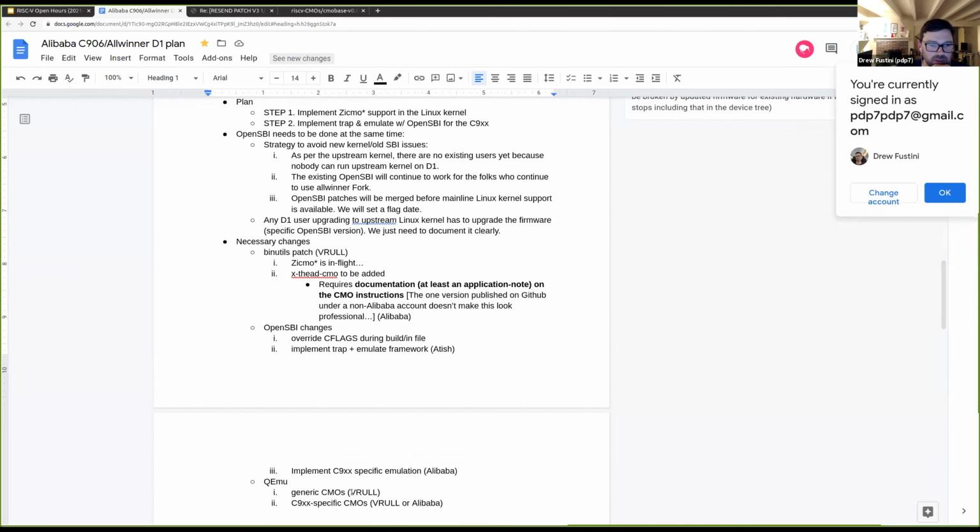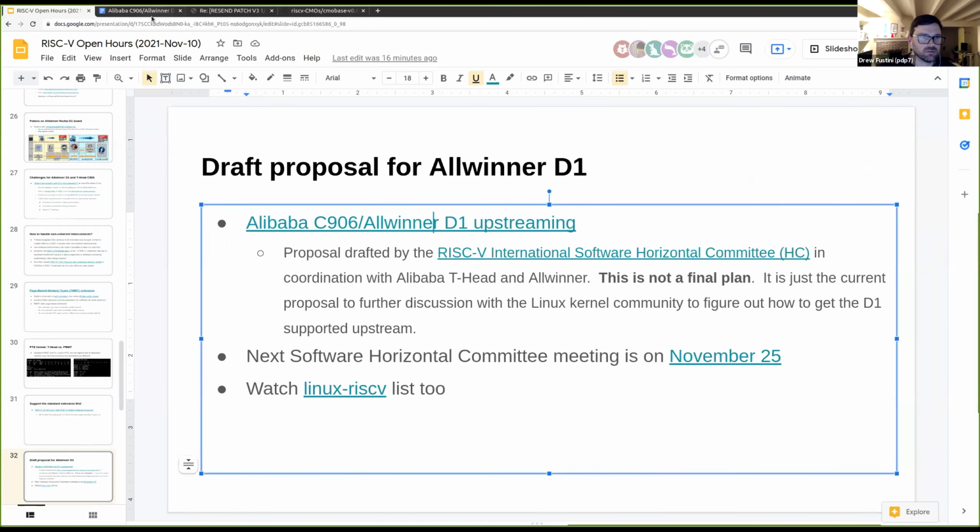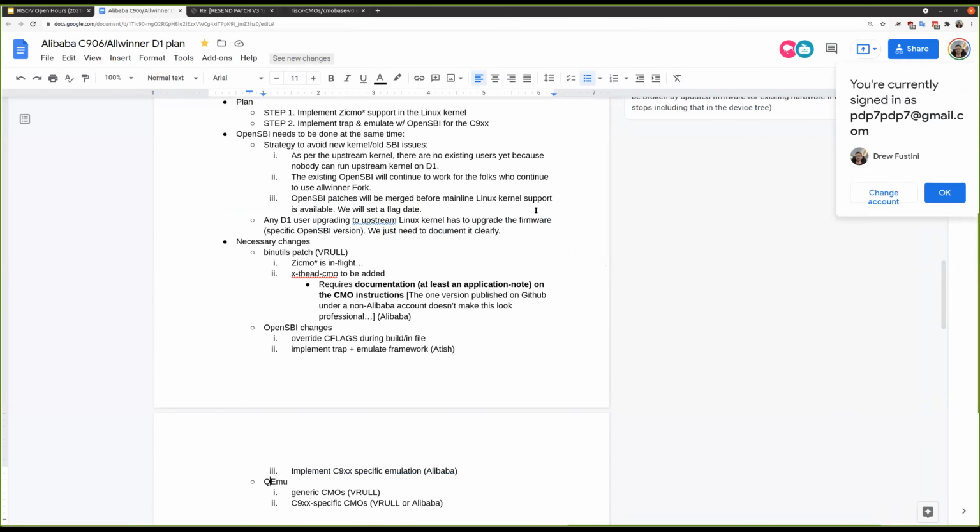Is Philip planning to work on the QEMU CMO? I think his team was interested in that, at least that particular part. For most of the things, I think Guo and the Allwinner folks will do it. It's only the open access part as well. I think something was written. I'm not sure we needed to implement